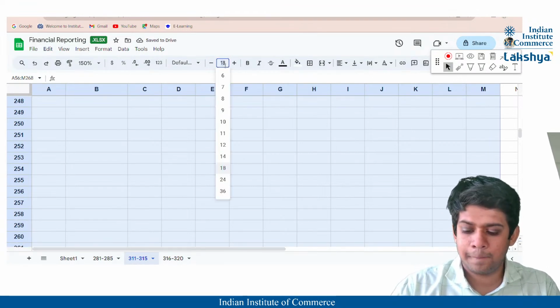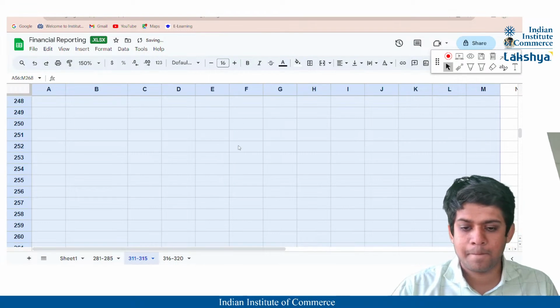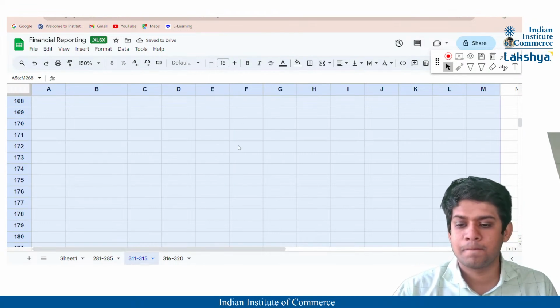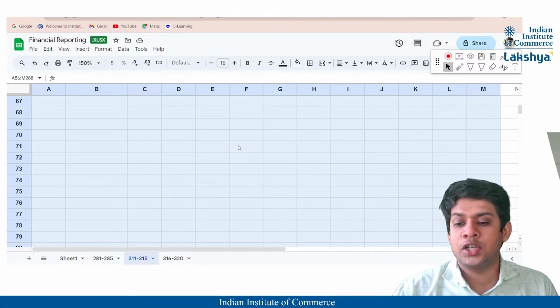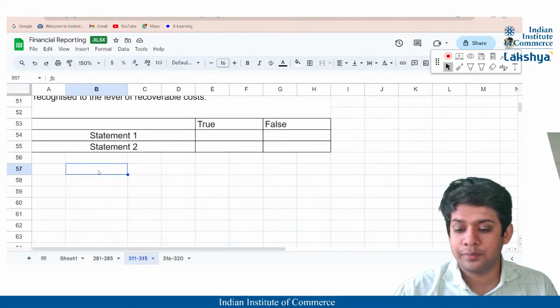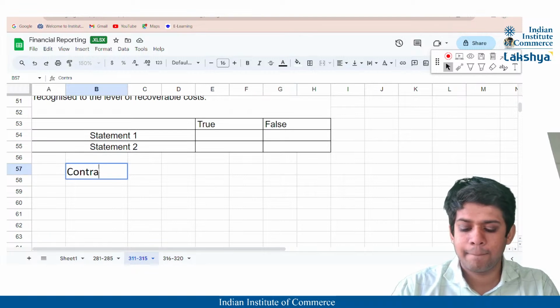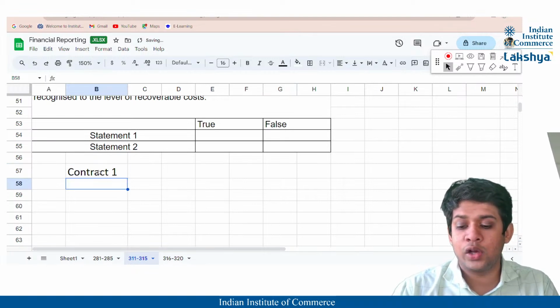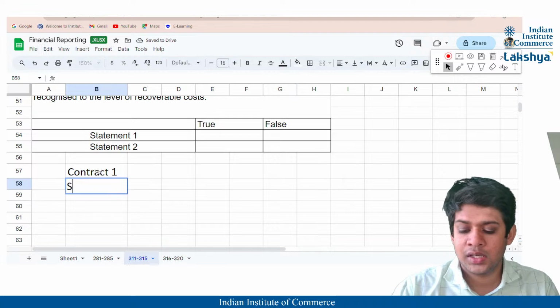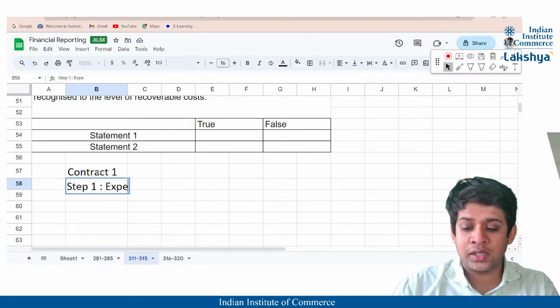Okay guys, in relation to contract 1, firstly, we are going to follow the steps. Step 1 is identifying the expected outcome,